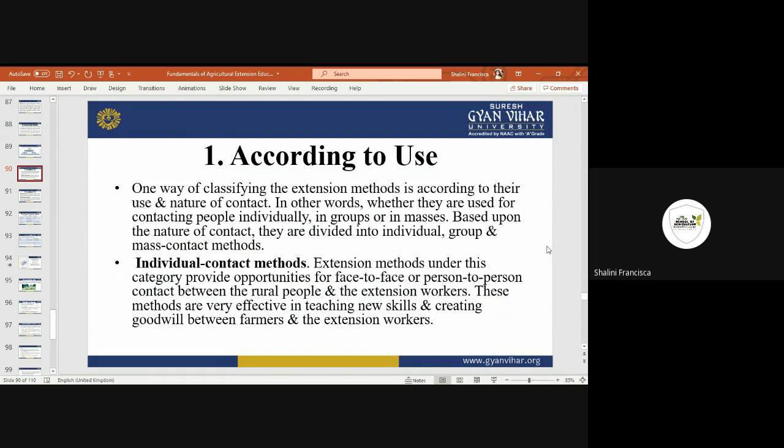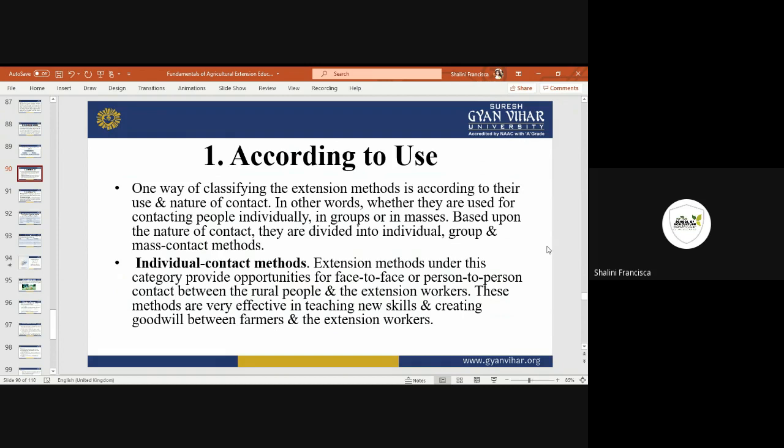But when you contact them individually, then you will understand that the person is very much involved in whatever you are saying. So maybe he will be a good listener and he will understand the fact,